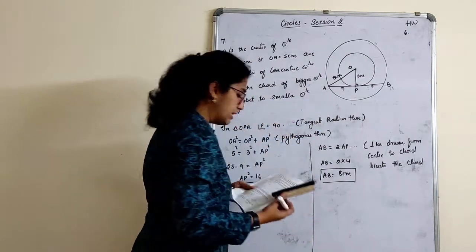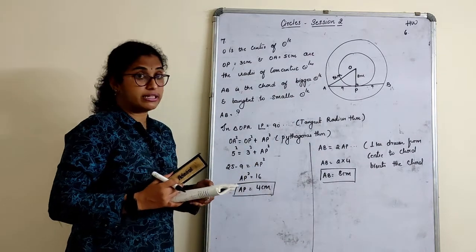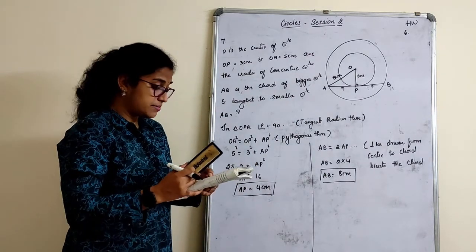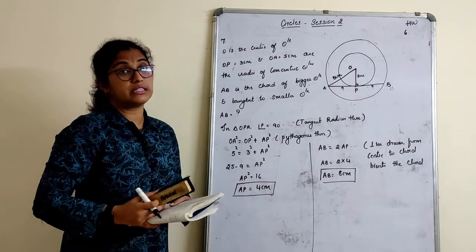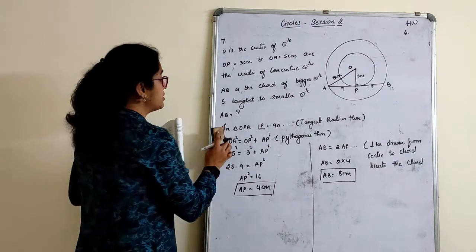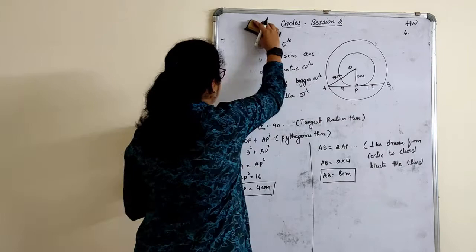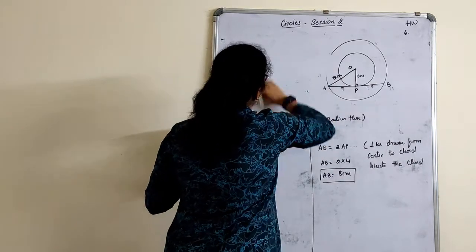Quickly, we'll finish the last sum of today's session, that is the 8th one, and the remaining sums 9, 10, 11, 12 and 13 we'll be doing in our tomorrow session. One more sum we'll do and we will end with this session.